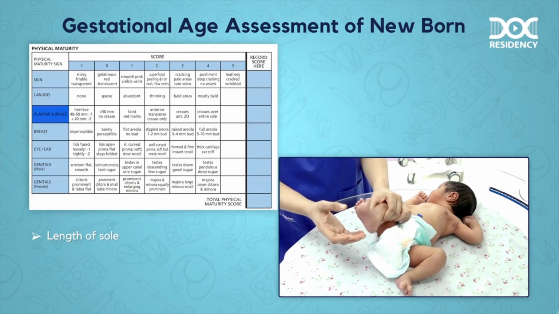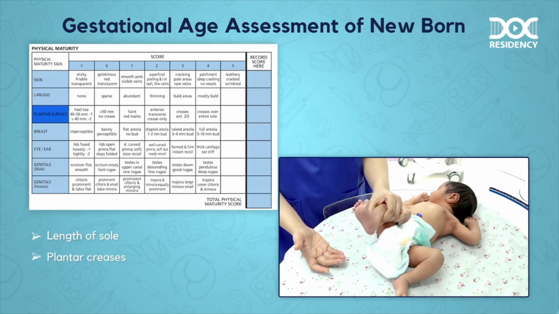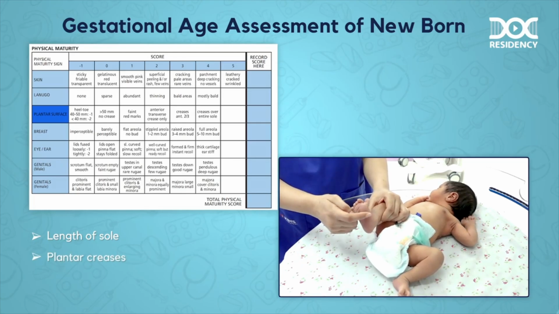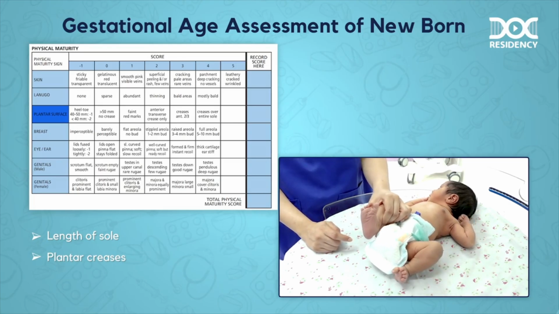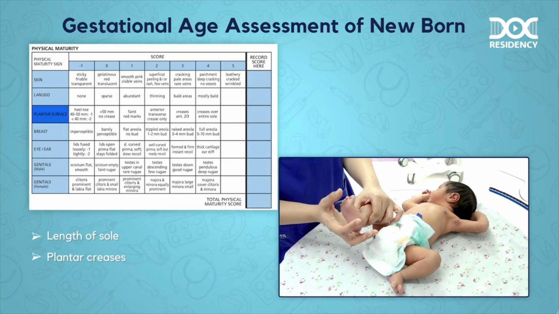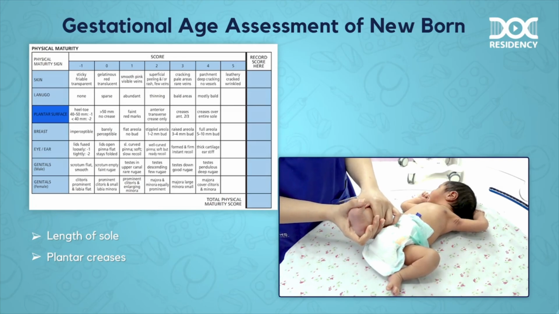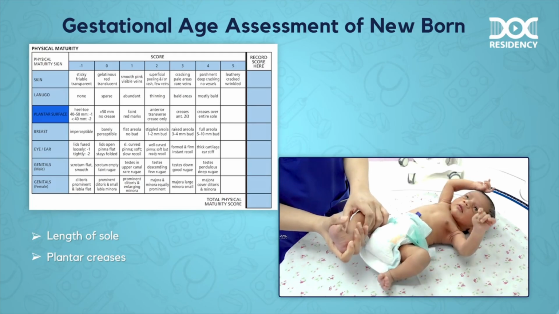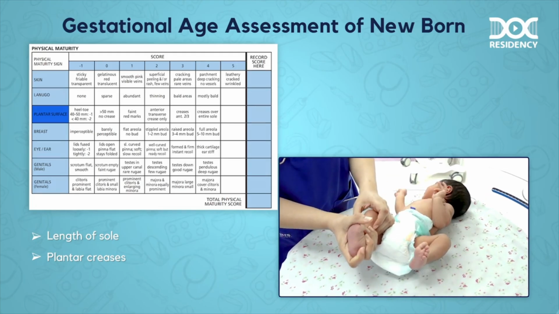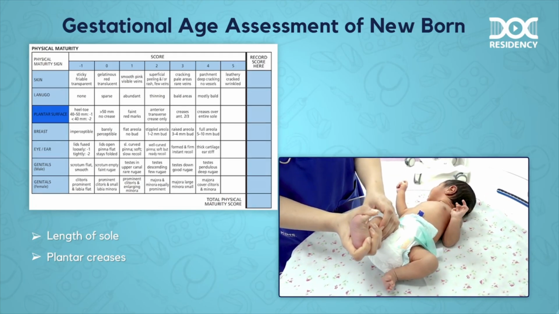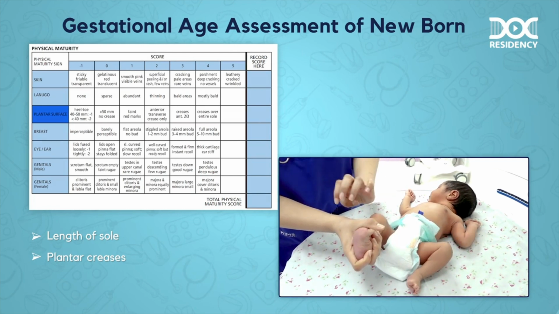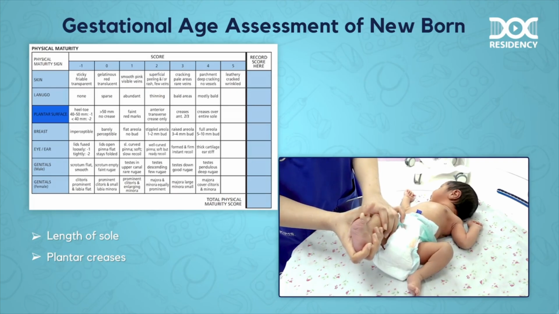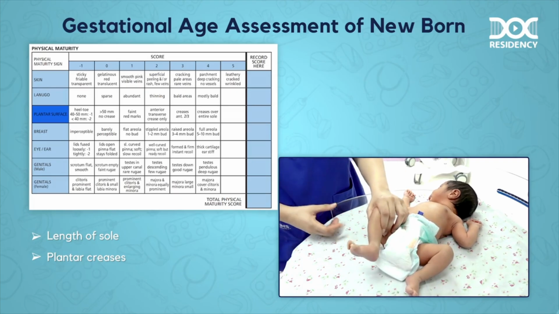In a more mature baby, the length of the plantar surface will be more than 50 mm, and hence we use the presence of the transverse ridges or markings across the plantar surface for assessing the baby's maturity. For assessing the markings, one has to stretch the skin over the plantar surface using the 2 fingers, thumb and the index finger, and those markings across the palm which are still visible are considered to be significant plantar surface markings. In this baby, we can see markings across the anterior 1/3 surface of the foot after stretching, and the length of the foot is more than 50 mm.